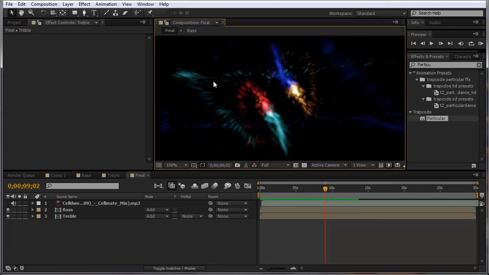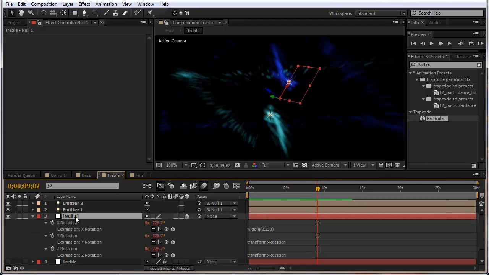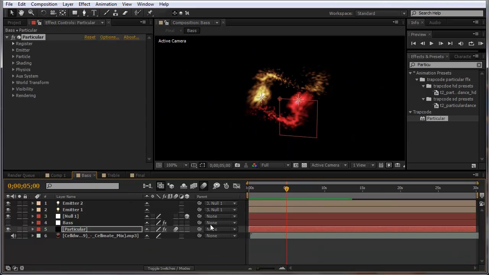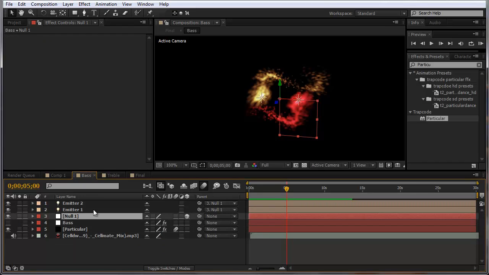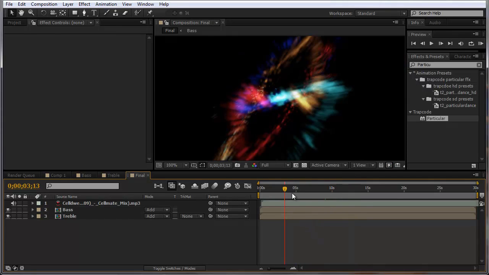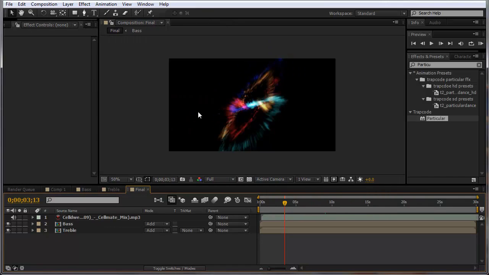It's a bit too extreme. Maybe I'm going to lower the wiggle of this, but you can do whatever settings you like. This is with particle systems, it's always a challenge to do the same thing twice. They are pretty much random, and also the wiggles are random, and it's pretty difficult to redo that preview. But this looks pretty good, and we have only one more thing to do, and that's